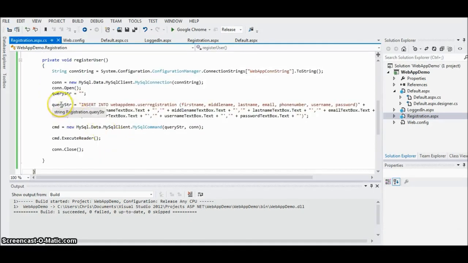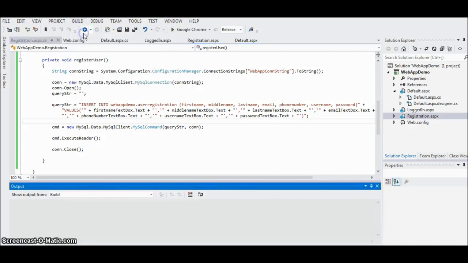FYI, I'm going to show you guys later on the correct way to actually write to the database, because I'm going to use this type of string structure for logging in, but you'll see later on how this is vulnerable to SQL injection attacks, because I don't do any input validation. I'm just passing in the user's input as is. But just for demonstrational purposes, this is basically what you would need to do to actually write to the MySQL database. So now if we rebuild,